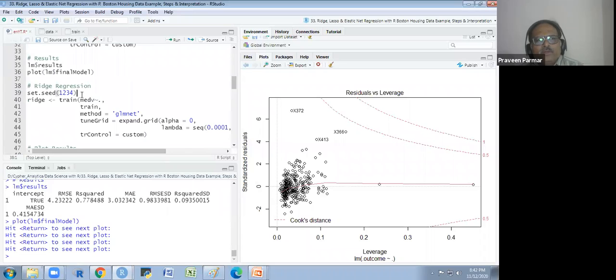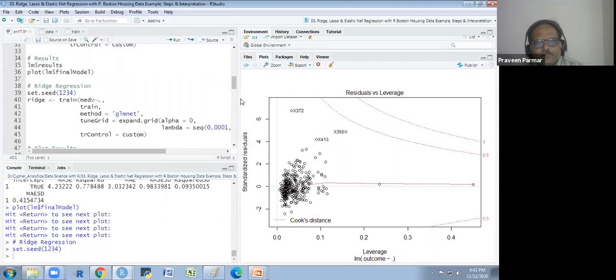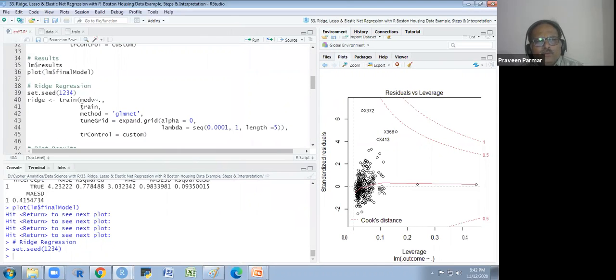Now I am using the ridge model. What I will do is use the train function, the method glmnet. Net is elastic net, GLM generalized model, and the tune grid expand.grid, the alpha I am taking 0. Alpha I explained to you. If alpha is 0, then it is a ridge model.